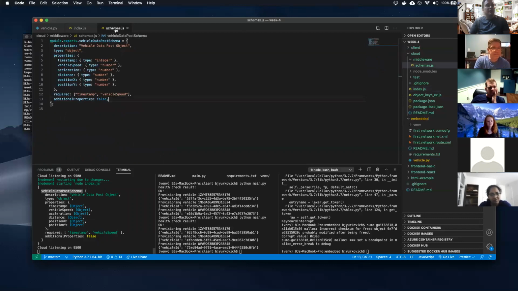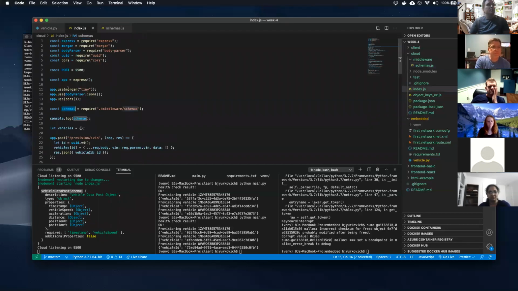The reason is because in schemas, this module.exports exports as an object. By convention, Node knows to export this. On this module.exports object, vehicle data post schema is just a key on there. It's the same thing as referencing any other JavaScript object. And so when we go like this, we've printed it out.